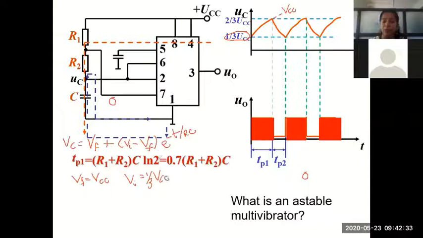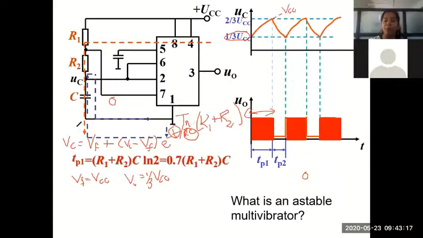When you substitute these two things, remember the R and C value, the charging time should also change. If I change this time t to TP1, this duration we say is TP1. During TP1, the capacitor is charging. And what is the charging time constant? R1 plus R2 into C. So instead of RC, I am going to put R1 plus R2 into C, because that is the charging path. You substitute this, and for t you substitute TP1.